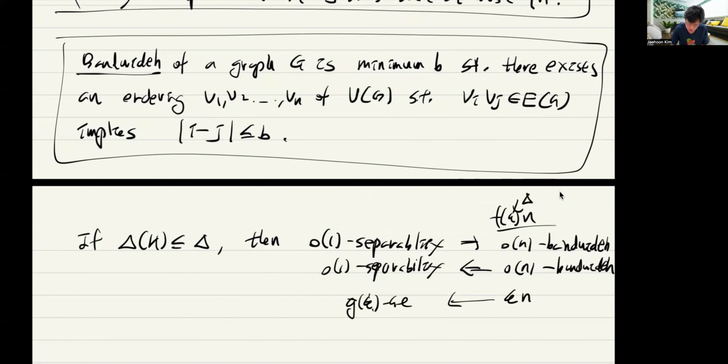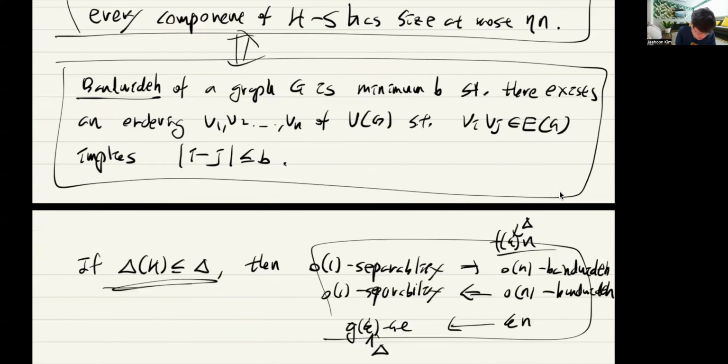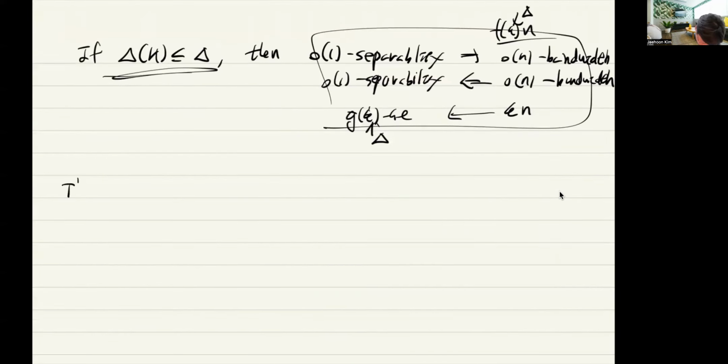Technically, you have to put the delta into the function as well, so this is only for bounded degree. Anyway, because of this, these two concepts are almost equivalent. Usually people use this notion to state the bandwidth theorem, but I will use this one because it fits more with the proof that we will